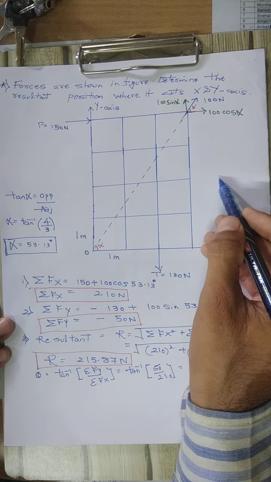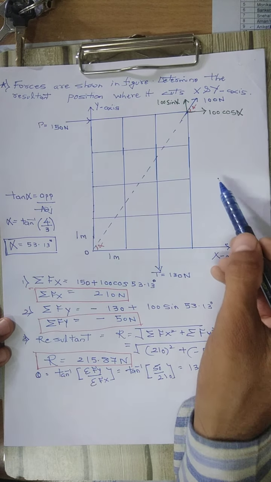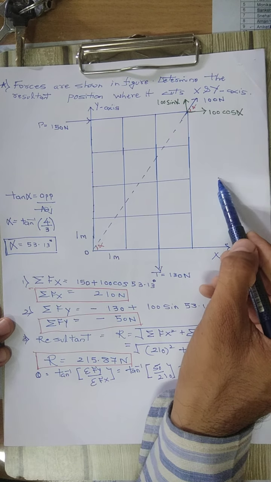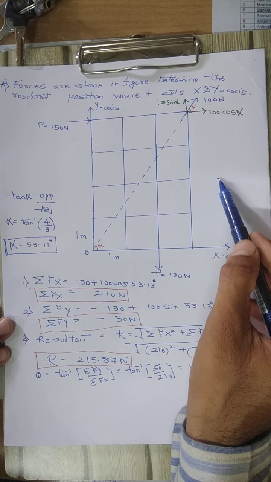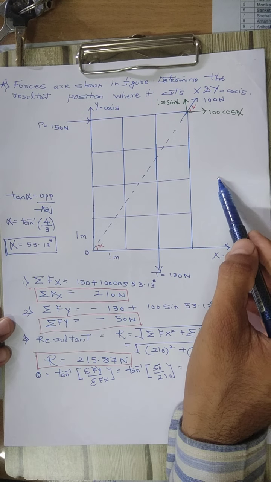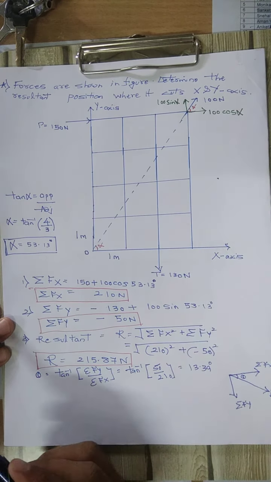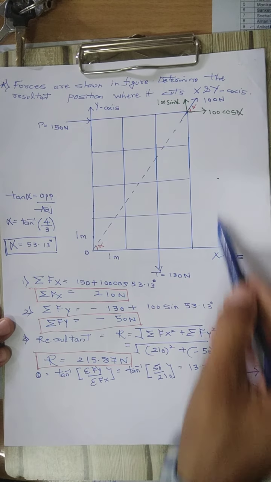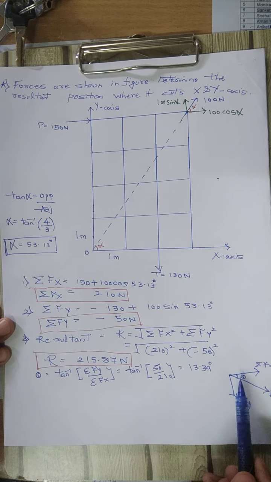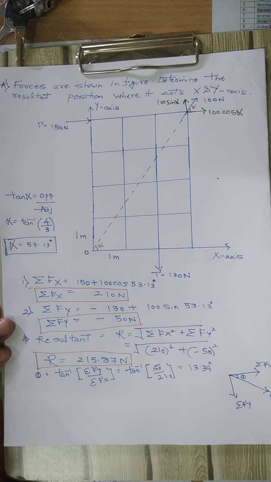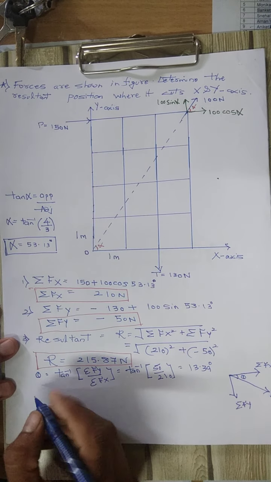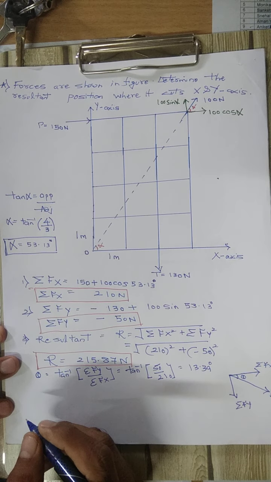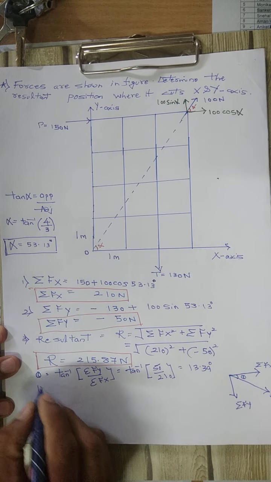That means if we are assuming this resultant to be acting at this point, this resultant which is acting in the fourth quadrant, we have to find out its vertical distance and horizontal distance with respect to O. So for finding the distance along the y direction and along the x direction of this resultant, we will use Varignon's theorem. Okay. So when we are finding x and y components, we have to use Varignon's theorem.